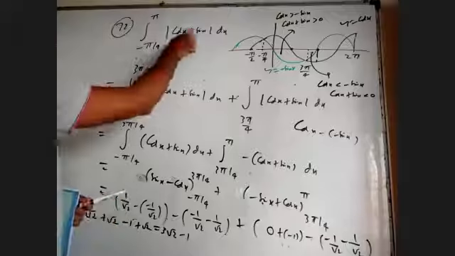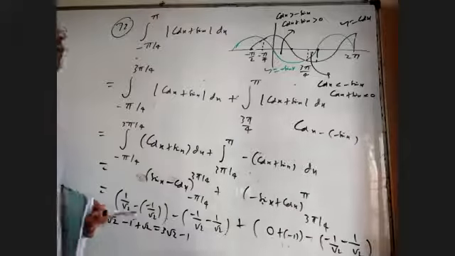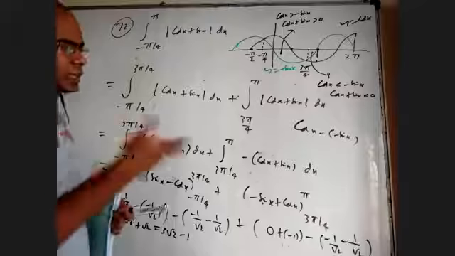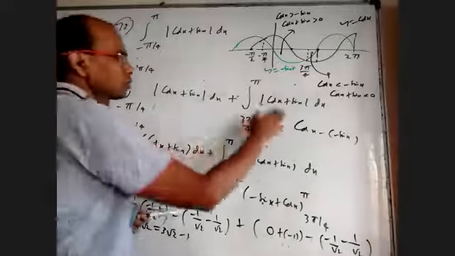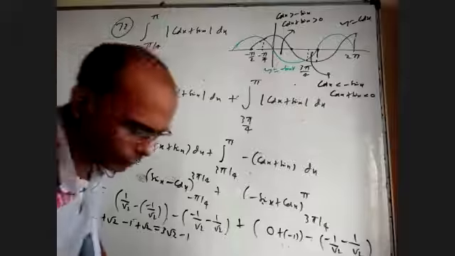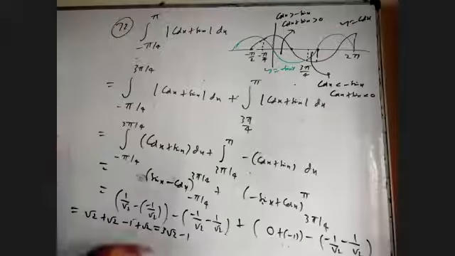I can draw the cos x plus sin x total graph also. For that I have to multiply by root 2, divide by root 2 and write it as root 2 cos of x minus pi by 4. I can draw that graph. But I can also do this. If somebody is not comfortable with this, you can take root 2 and you can take x minus pi by 4 as t. Anyway, I'll tell you the other method also after this.